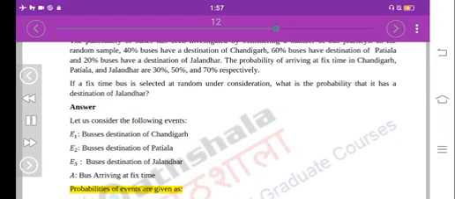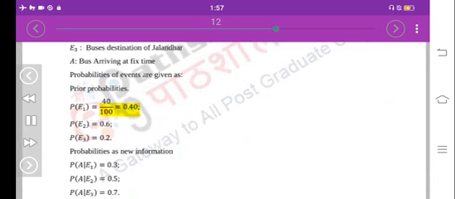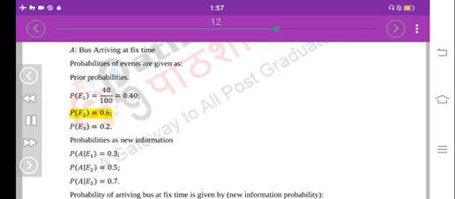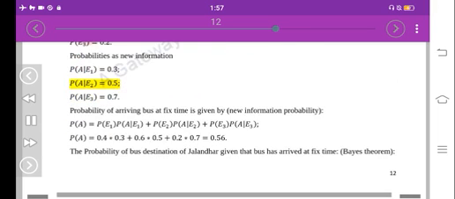Probabilities of events are given as prior probabilities. P(E1) equals 40/100 equals 0.40. P(E2) equals 0.6. P(E3) equals 0.2. New information probabilities: P(A|E1) equals 0.3, P(A|E2) equals 0.5, P(A|E3) equals 0.7. Probability of arriving bus at fixed time is given by P(A) equals P(E1)P(A|E1) plus P(E2)P(A|E2) plus P(E3)P(A|E3). P(A) equals 0.4 times 0.3 plus 0.6 times 0.5 plus 0.2 times 0.7 equals